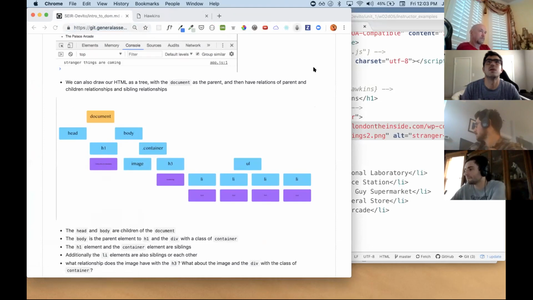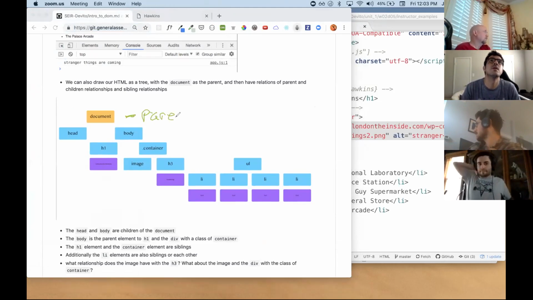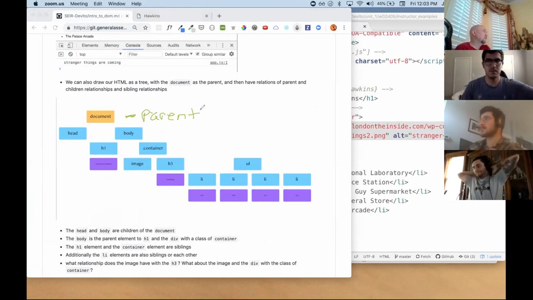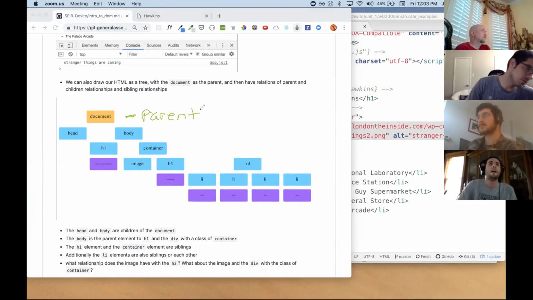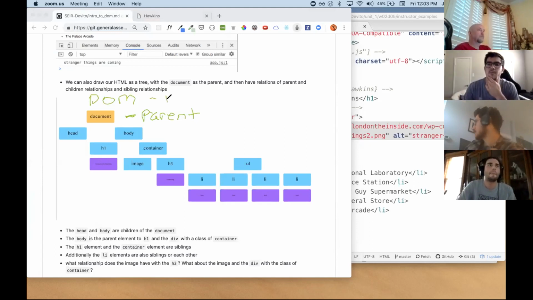Let me see if I can do this. It's the first time. So if we're doing that, then we could see that that is kind of the parent, right? So we're going to have a parent element being, at this point in time, the highest level thing, right? It's the document. So when we talk about the DOM, this document